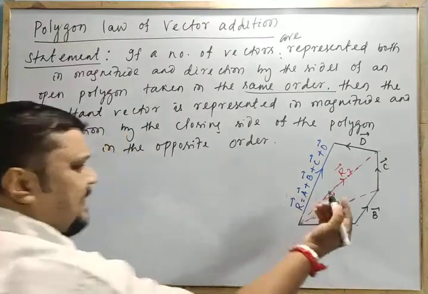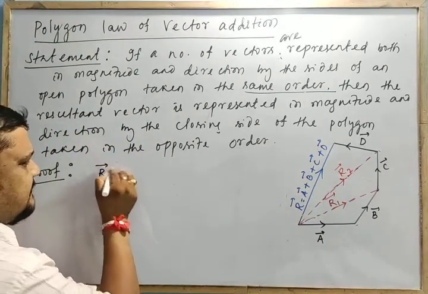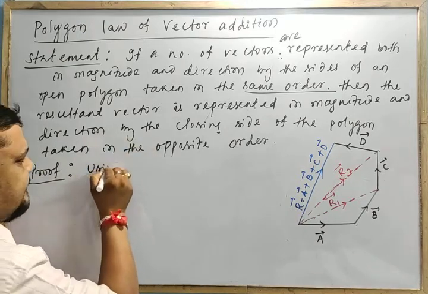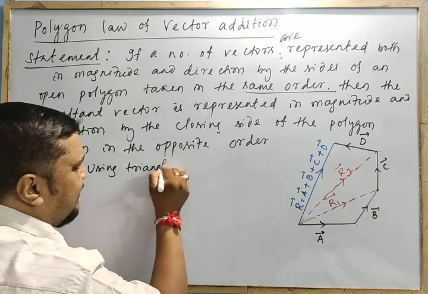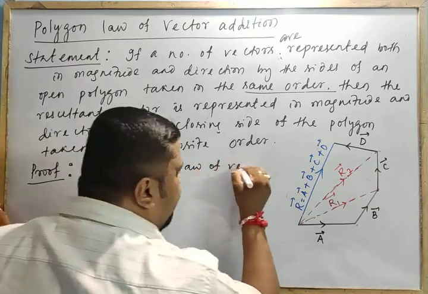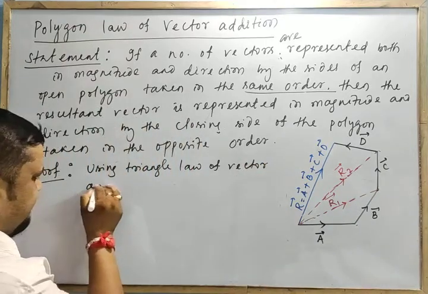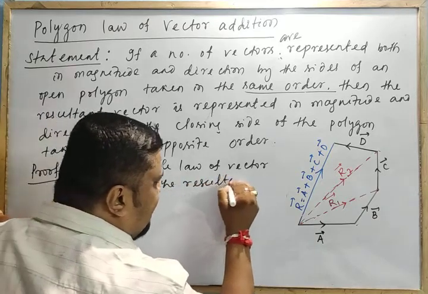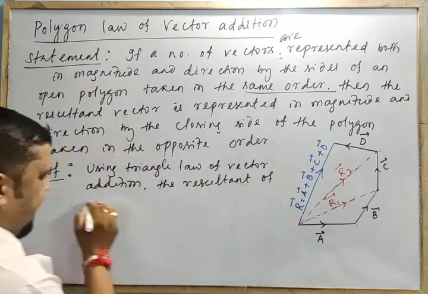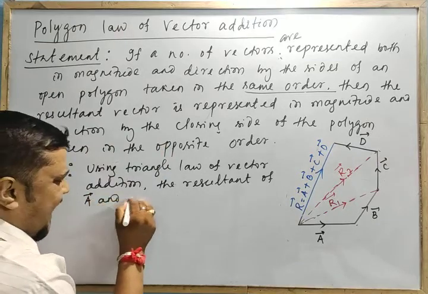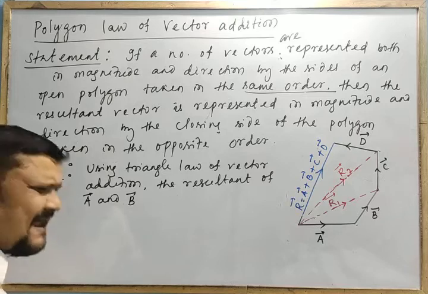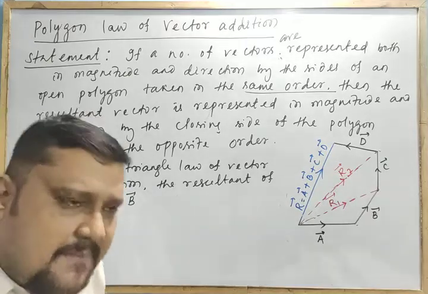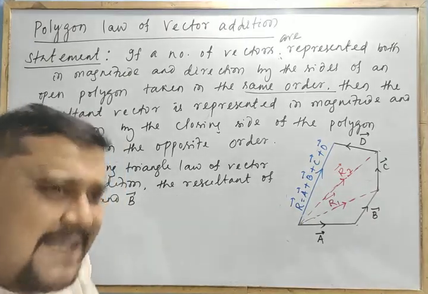So how do we prove this one? Let me write directly here. R1 is equal to the resultant of A and B using triangle law of vector addition. I am not doing it analytically. For the direction, all these things you already know. Analytically means getting the magnitude and direction theta for R: magnitude R equal to the square root of A square plus B square plus 2AB cos theta. That is analytically we are proving that.